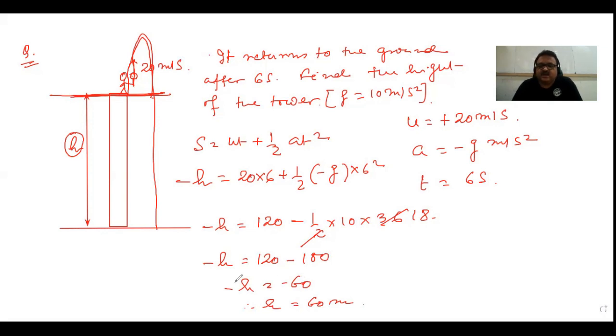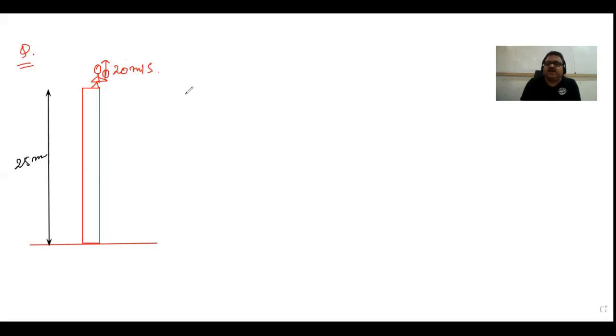Okay. Now, let's solve another problem related to this. Okay. Let's take this problem. Correct. Suppose there is a building of height 25 meters. A man is throwing a ball with a speed of 20 meter per second in vertical upward direction. And suppose we need to find